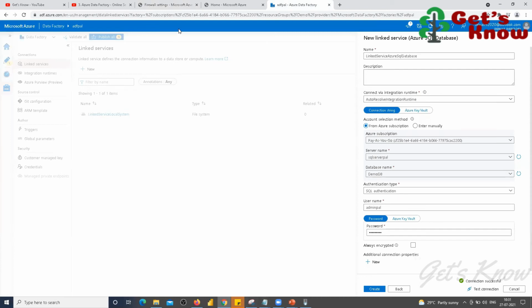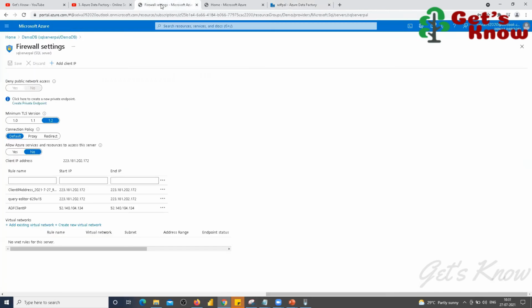So what we can understand here is, if you are going to access your database which is available in Azure, this Azure SQL database, from Azure Data Factory, which is running on a separate IP, then that IP should be added as a client address in this database. Otherwise, it will not allow access from that place.